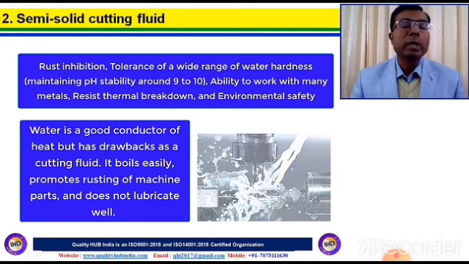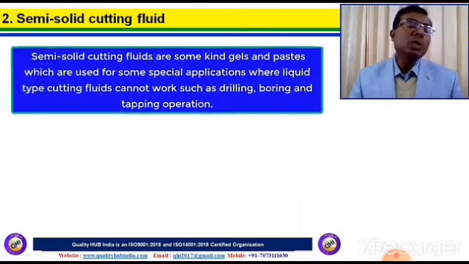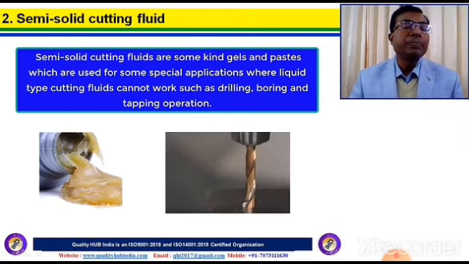दूसरा हमारा जो टाइप हो गया दोस्तों, ये हो गया सेमी सॉलिड कटिंग फ्लूइड। तो सेमी सॉलिड कटिंग फ्लूइड दोस्तों ये बेसिकली एक तरह के जेल या पेस्ट के तौर पर इस्तेमाल किए जाते हैं, और इसका जो एप्लीकेशन होता है, हमारे काफ़ी सारे ऑपरेशंस होते हैं जैसे कि ड्रिलिंग हो गया, बोरिंग हो गया या टैपिंग ऑपरेशन हो गया। इसमें हम लोग इस तरह के सेमी सॉलिड कटिंग फ्लूइड का इस्तेमाल करते हैं क्योंकि लिक्विड कटिंग फ्लूइड का यहाँ पर